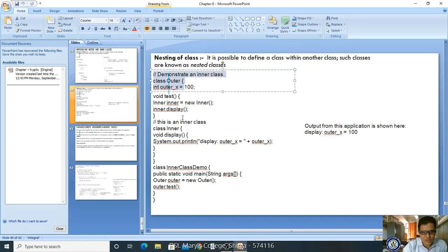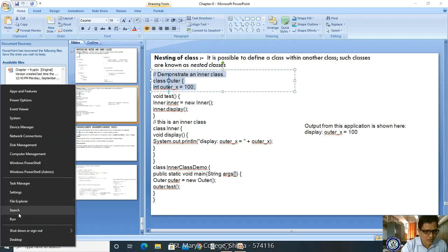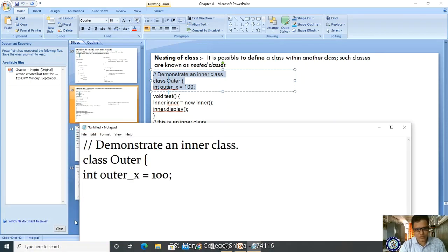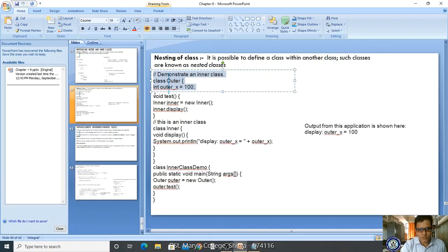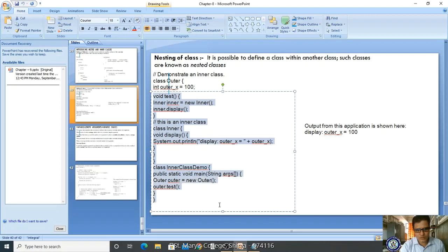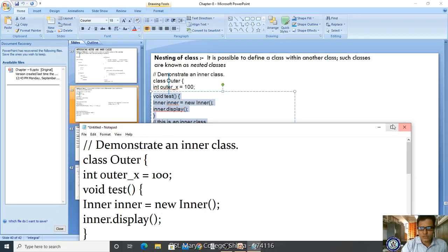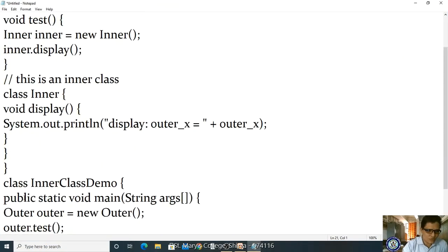Let me explain this program by copying it into our notepad. Yes, I am pasting. Okay, I have copied and I am pasting now. So this is our program. Then how to save this program?